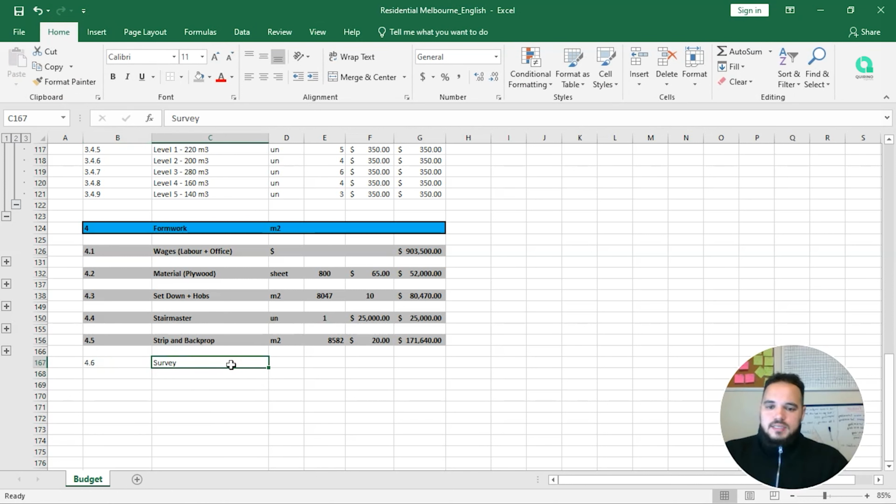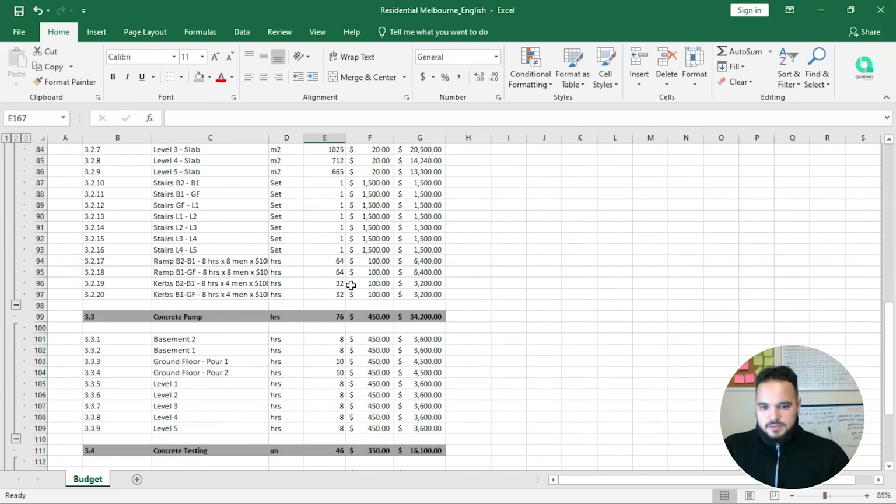Survey, and then the price here will be actually, the surveyor will charge you per hour, but we will price here per unit because we don't know how long the surveyor will be there on basement 2, basement 1, right? So this price we will probably get from other projects that you probably have done in your office or at the company that you work for. So survey unit,